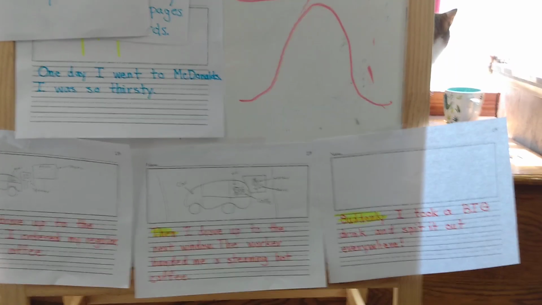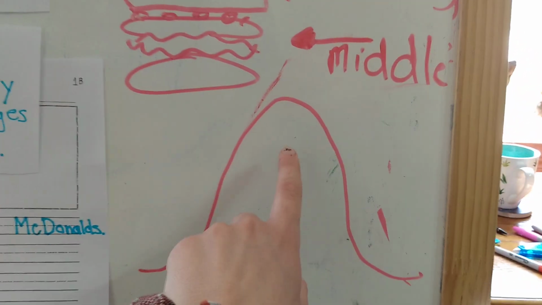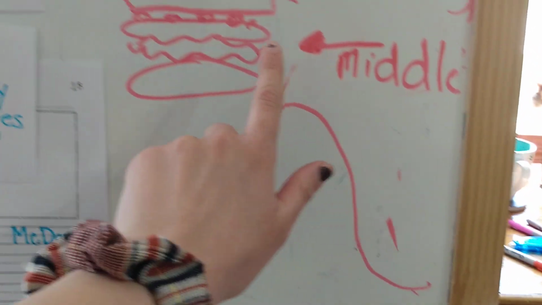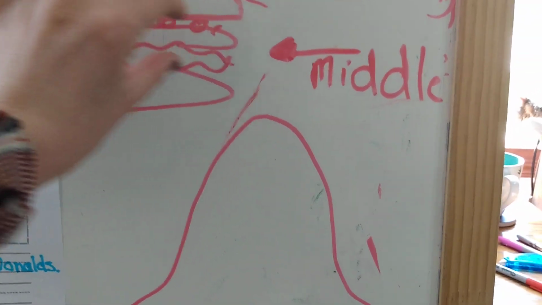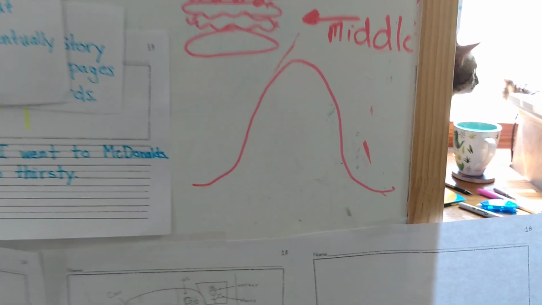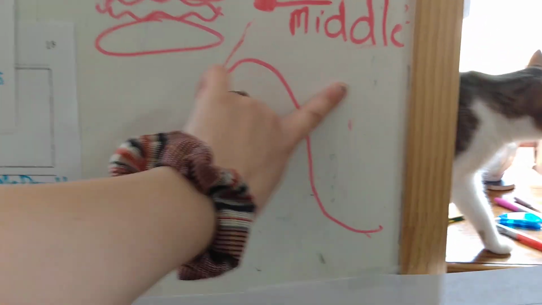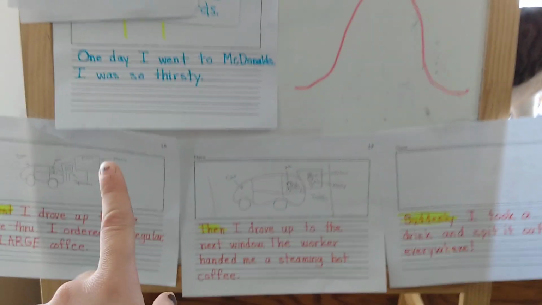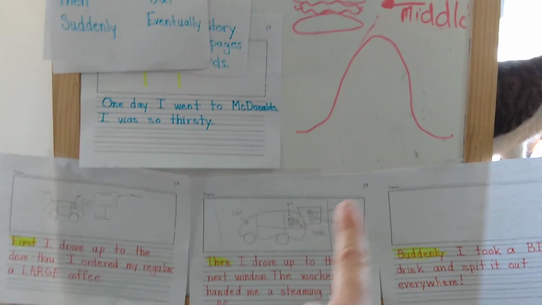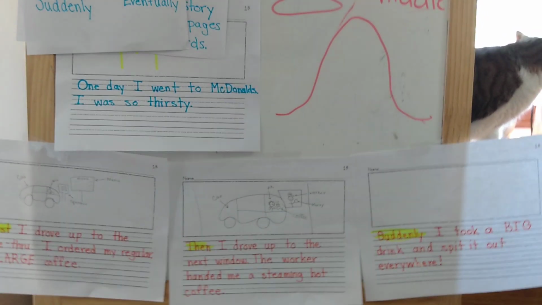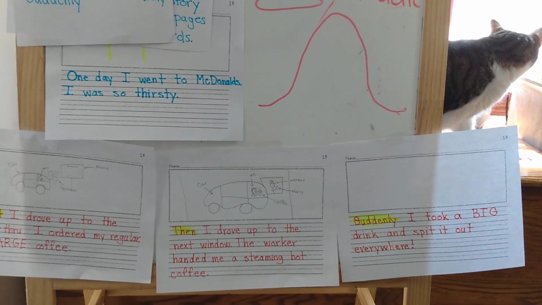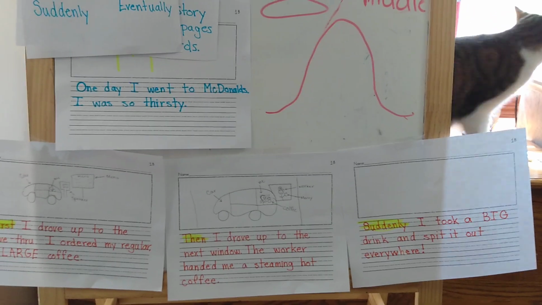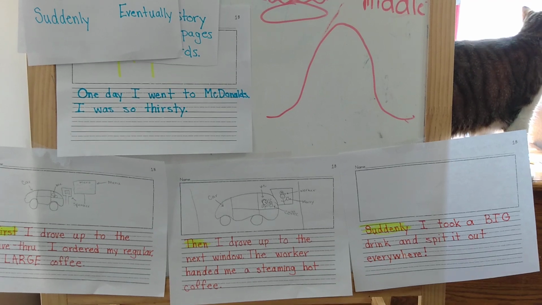Okay. So remember, we're still at the very top of our story mountain, or if you would like to think about it this way, we're still in those condiments in the middle of our sandwich. So tomorrow we're going to be working on our ending, but today we're writing across 3 pages for the middle. So when you are done, you can send it on Class Dojo to Mrs. Booz, and she will look over it. I cannot wait to read your guys' stories.